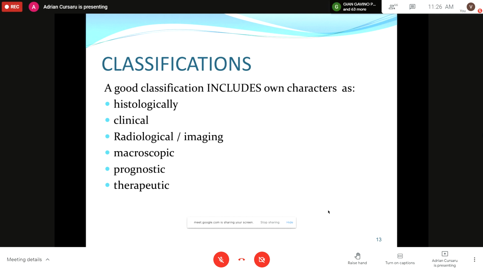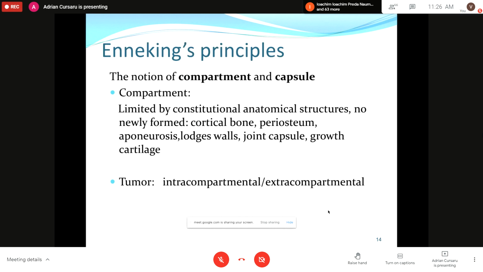We have to look intraoperatively at the macroscopic aspect of the tumor, to establish a prognosis and the type of treatment, even if it's just a surgical treatment, or if we have to then speak with an oncology doctor. The notion of compartment and capsule is very important because that sign or character is for a benign tumor. The compartment is very important to establish whether we have an intracompartmental lesion or